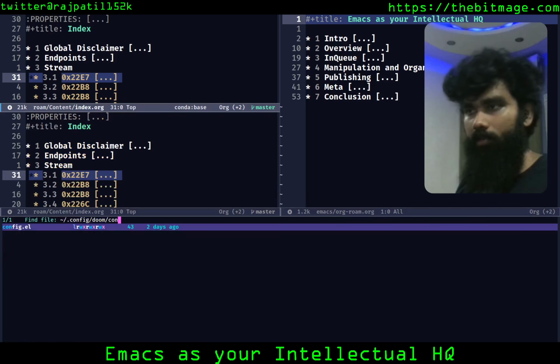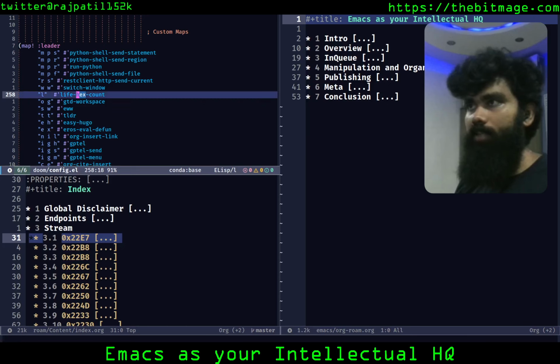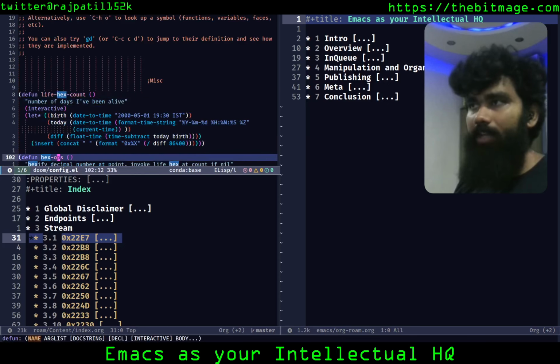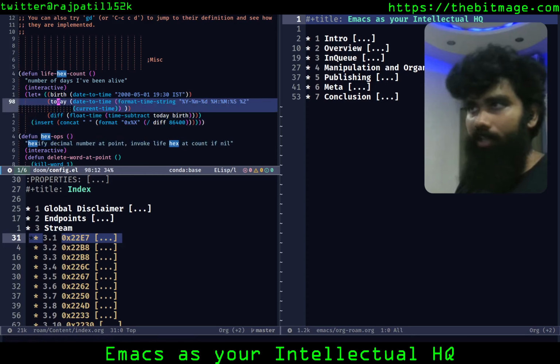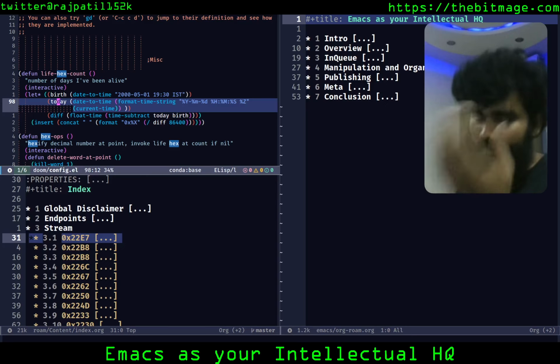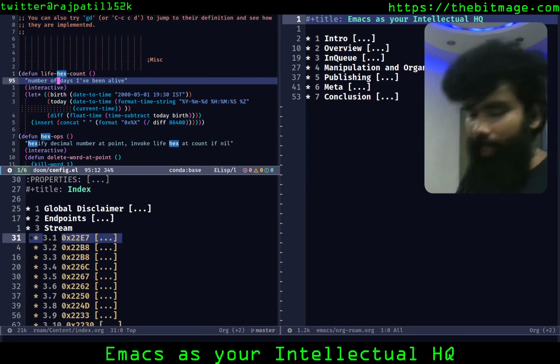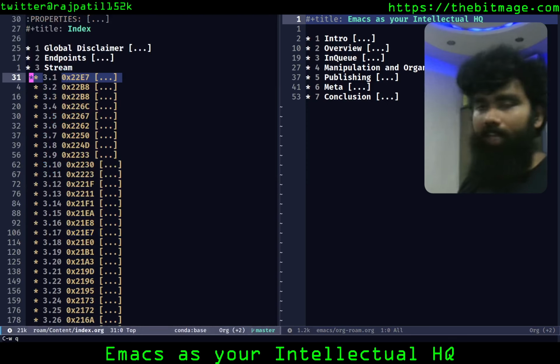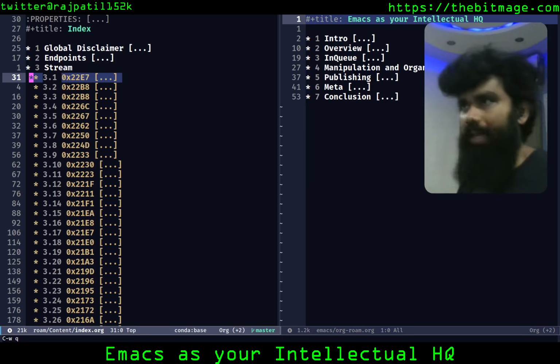I'm just going to go over that quickly. Hex somewhere. I should be able to see that life hex count. Yeah, the simple Elisp function is the number of days I've been alive in hex. It just takes the current time, subtracts my birthday from it, converts that into hex and prints that. Why I like to do that is explained in a blog that I'll probably link in the description somewhere.